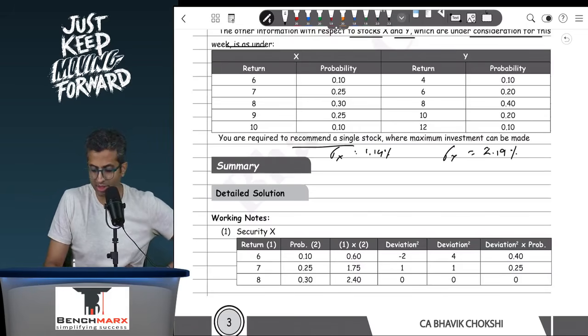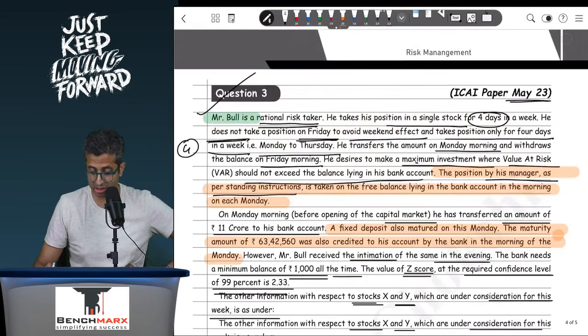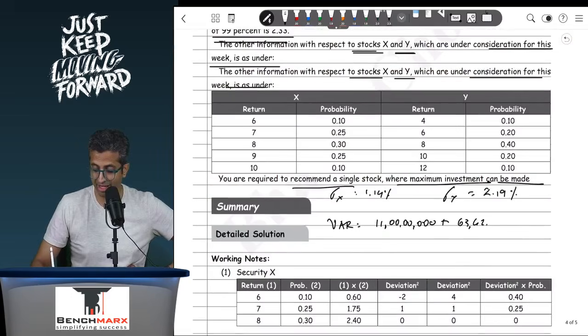You are required to recommend a single stock where the maximum investment can be made. Now how much is the VaR that you can manage? Well, that is 11 crores plus over here. If I take the full numbers, 11 crores which is there in the bank account plus the fixed deposit. Should you take the fixed deposit? Answer is yes, because the manager is acting as per the standing instructions and 1000 has to be kept. So if you look at this, this is 11 crore 63 lakh